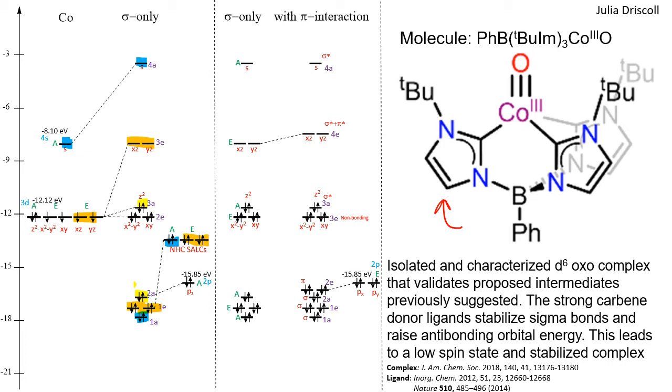So then from there, moving on to the pi interactions. The px and the py orbitals from the oxygen are occupied and align with the xz and the yz orbitals from the cobalt. So because of this, they'll raise up the energy a bit more in a pi antibonding interaction, and then lower the energy of these 2 orbitals to form 2 pi bonds. So this increases the bond order of the cobalt and the oxygen to 3, showing that proposed triple bond here,